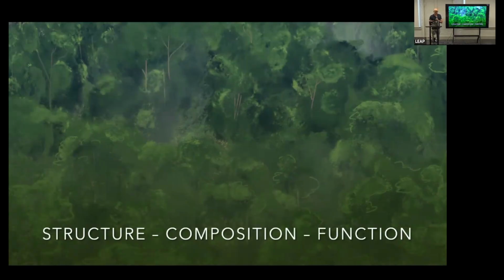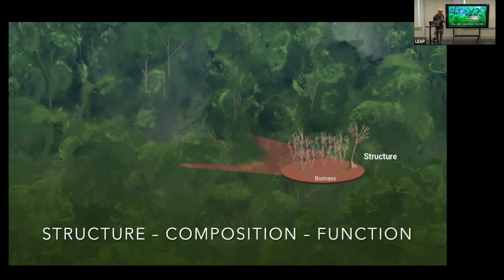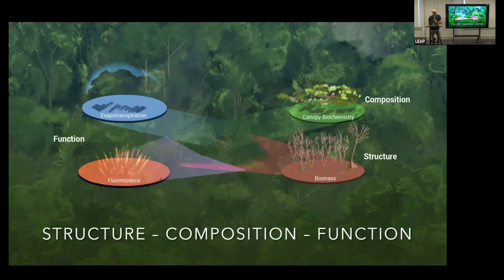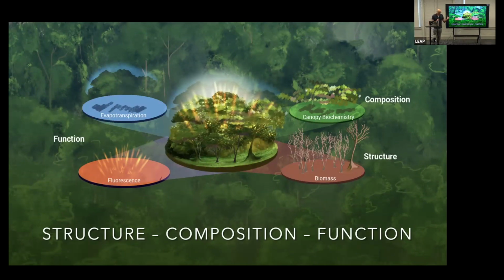And so the next question is, what are the ecosystems doing? There are multiple lenses on ecosystems that you have to use to really understand them as a whole. Are they getting bigger? Are they denser? Are they taller? The structure. Are the species changing? Or is the canopy chemistry changing? The composition, the traits, the water cycling, the carbon cycling, like RGB lenses, where they each tell you the world in a different color. And when you put them together, it tells you the true picture. These are the lenses for ecosystems, and when you put them together, spotlit by CO2, it starts to show you the true picture.